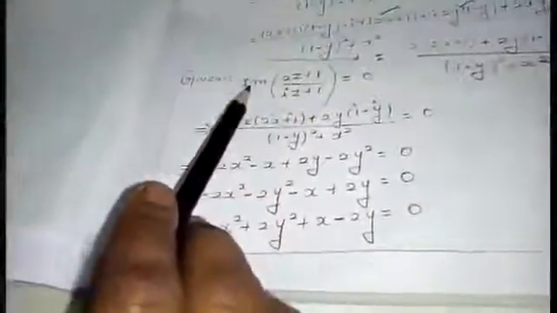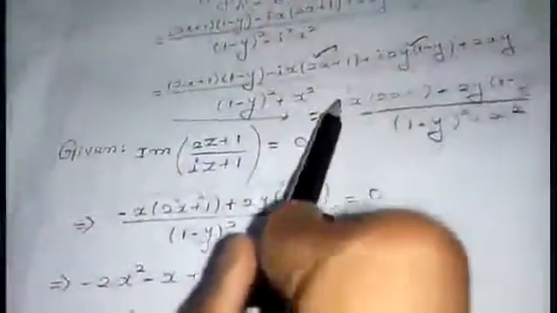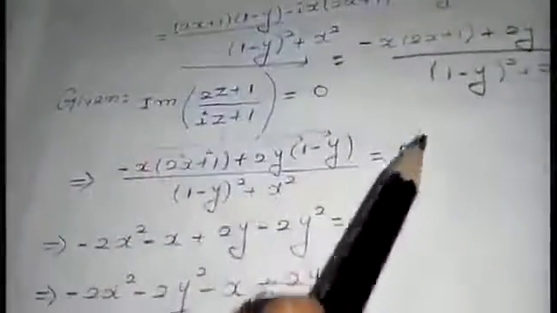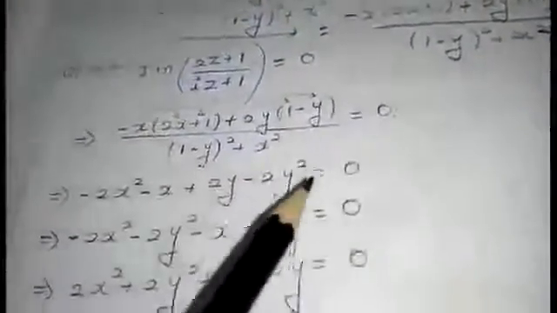Inside this only, till now we have done the calculation. Now I am taking only the imaginary part answer. After taking the imaginary part answer, I am getting it like this. That is, if you see here, minus x(2x plus 1). Just see the simplification. I am taking only the imaginary part. Cross multiply the term. The denominator term will vanish. If you see, you will be having only the numerator part. You are going to do the simplification, and after doing all the simplification, you will get the particular answer required in your question. That is 2x square plus 2y square plus x minus 2y equal to 0.